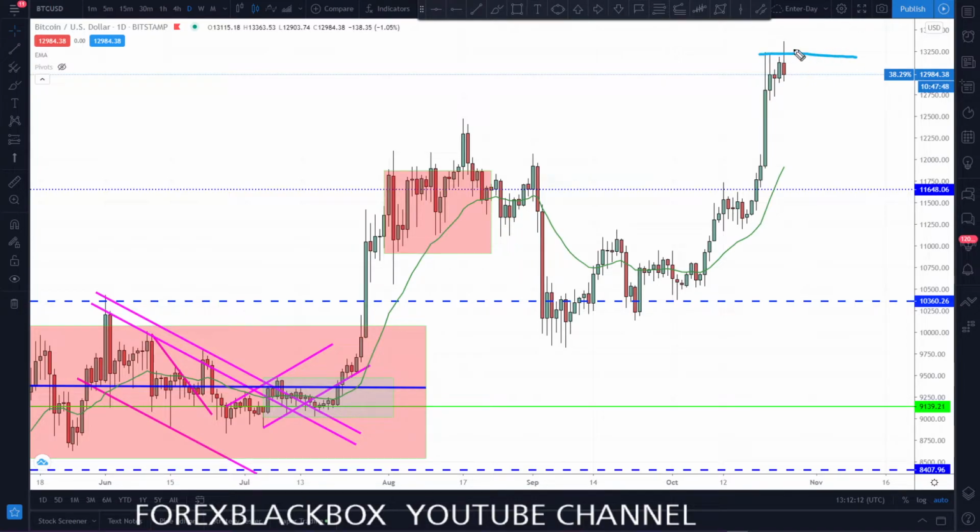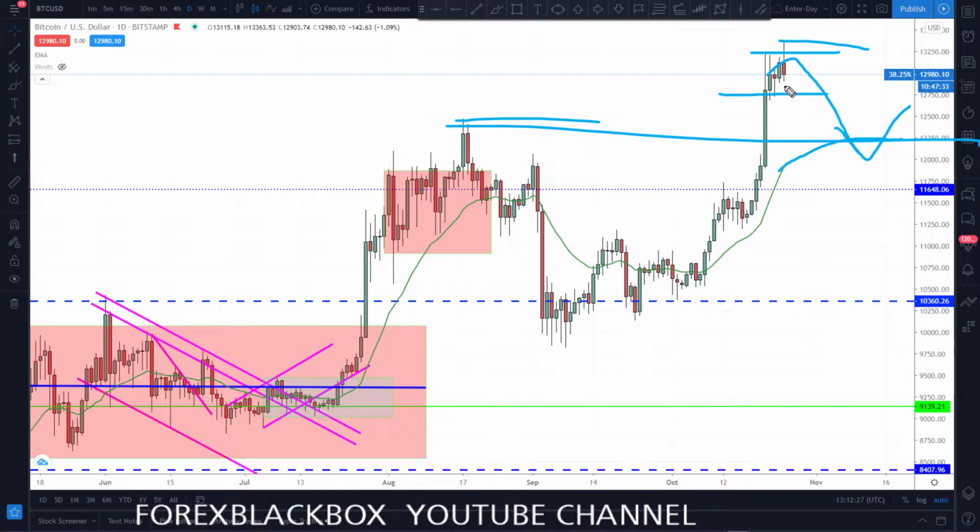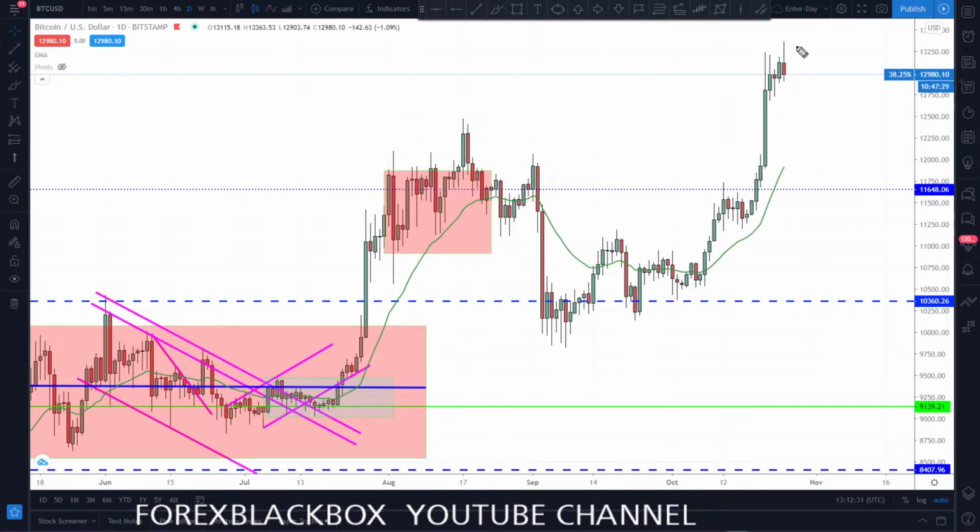I'm sure there's selling already taking place here. Sellers took place here. They spread their positions properly, and the difference is it's going to dive back down to the 20 moving average at least. So if you're a seller, you average your position maybe around this level. Below it, you're in the money. You can get a call option. This market